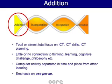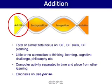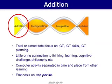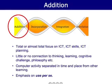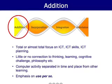The first of these things we called addition. Now, in the classrooms where this was the case, the ICT was being used as the complete focus. There was no connection to thinking or learning or to pedagogy or curriculum really at all. The ICT was the overriding focus. The computer activity was usually separated in time and place from other learning, and the overall emphasis simply on use